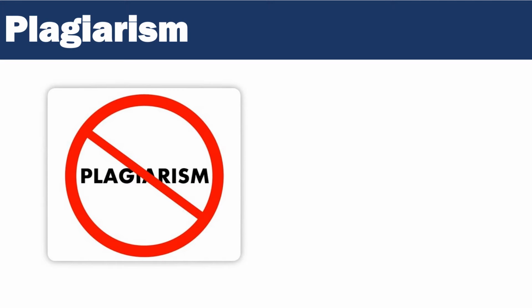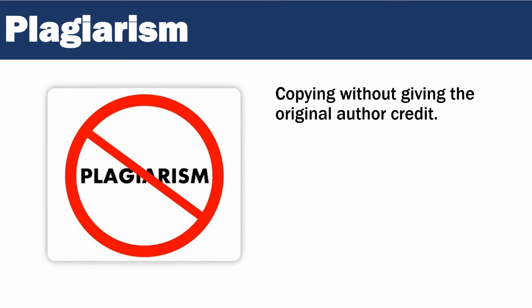At this point, I'm sure you have heard of what plagiarism is, or at least heard the term. It's important to understand what plagiarism is because it will help you understand the need for formattings like MLA or APA. Plagiarism is a broad term that covers many aspects of outright copying and some not so obvious copying. So first, copying without giving the original author credit is the obvious definition.